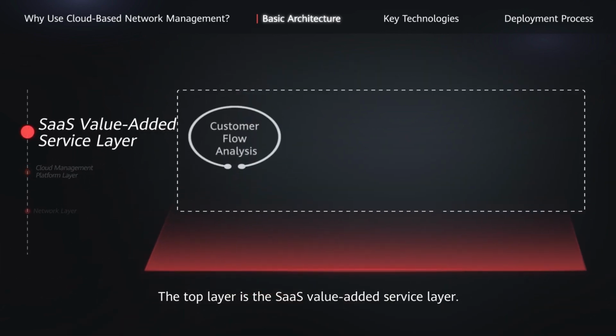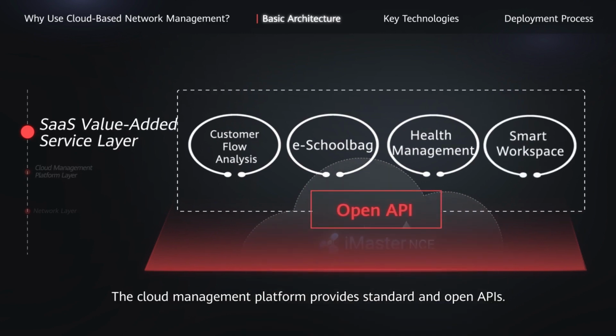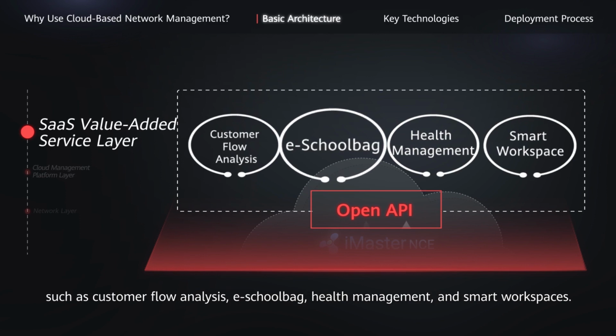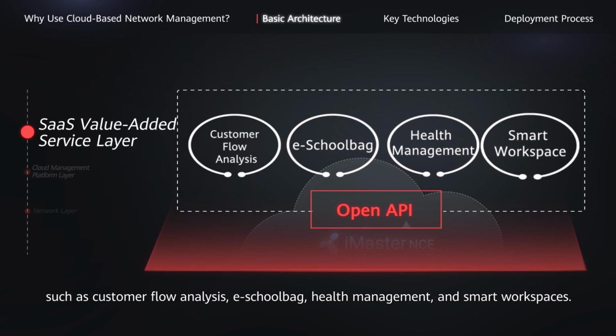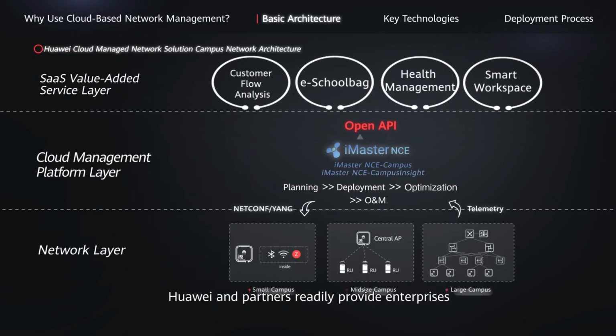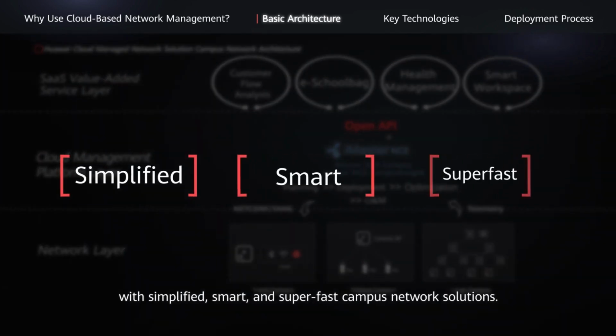The top layer is the SaaS value added service layer. The cloud management platform provides standard and open APIs. Through such APIs, Huawei and partners can implement value-added application services such as customer flow analysis, e-school bag, health management, and smart workspaces. By using this three-layer architecture, Huawei and partners readily provide enterprises with simplified, smart, and super-fast campus